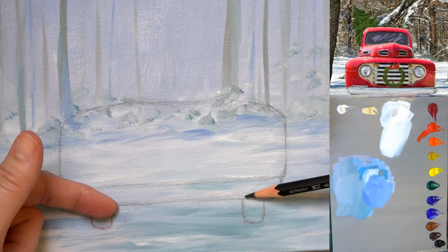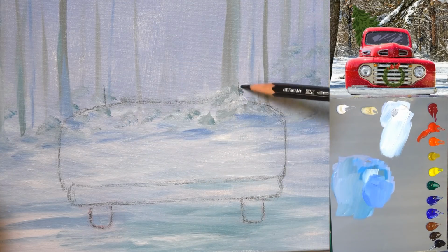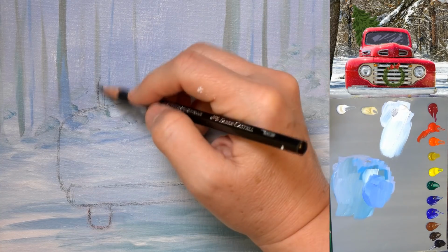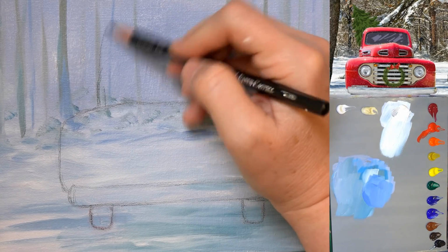And then we're going to come in about, looks like about the width of the inside of the tires. So like kind of come up from the inside of the tires. It's a pretty narrow truck, maybe a little bit farther out than that, but not much. Maybe the middle of the tires, kind of come up from the middle of the tires there. So we're going to round it out a little bit and come up